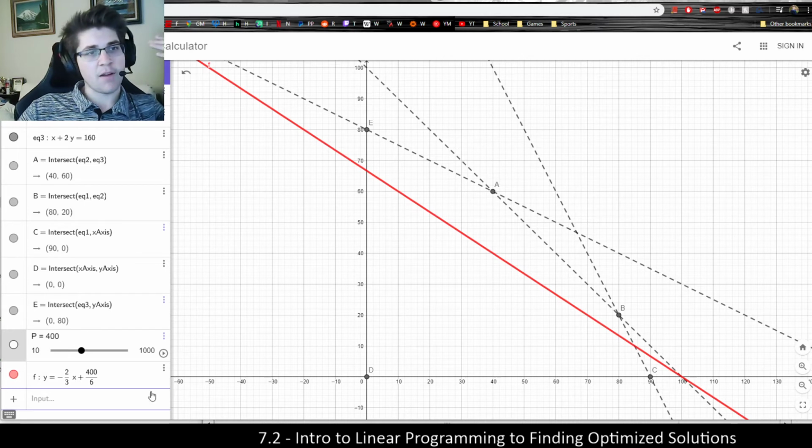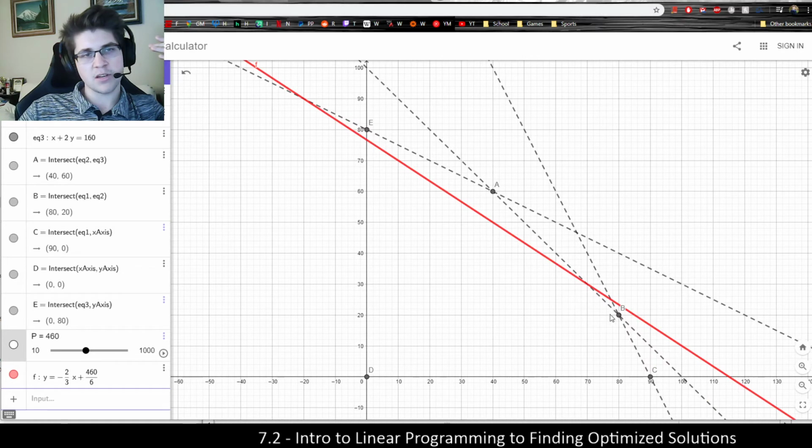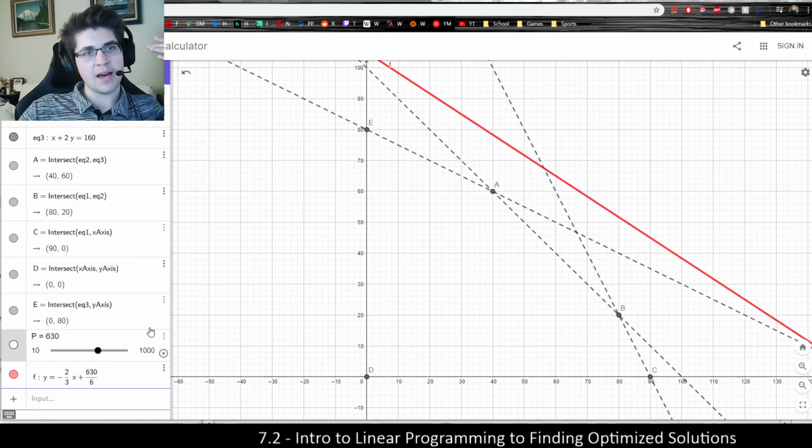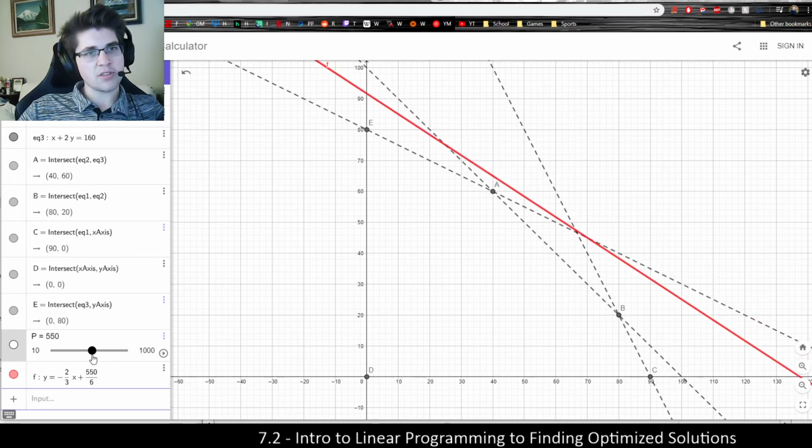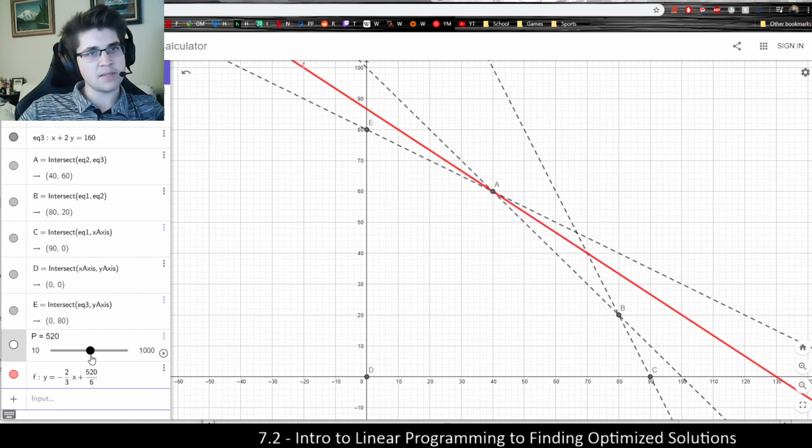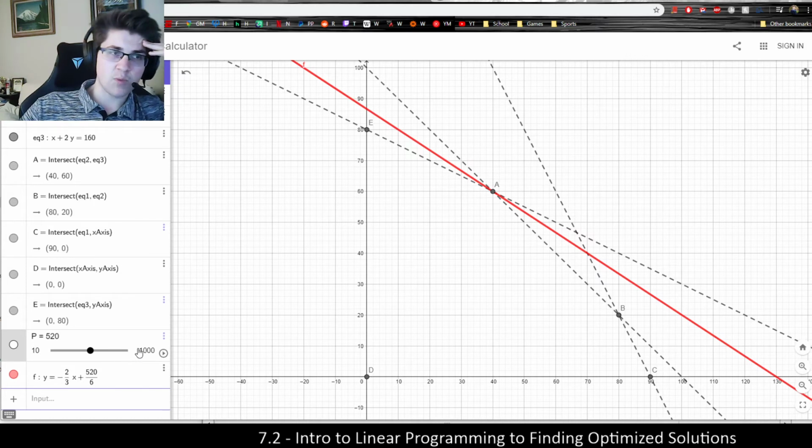Now that's not the highest amount of profit, because if I keep going, I can see that there are more points where the feasible region intersects with the isoprofit line, all the way up until a certain point. But notice if I set the profit to be too high, it gets out of my feasible range, and there's no range of possibilities for the isoprofit line to intersect with the feasible region. And so what I wanted to show you is that there is a point at which there's a maximum endpoint to which the isoprofit line intersects with the feasible region,